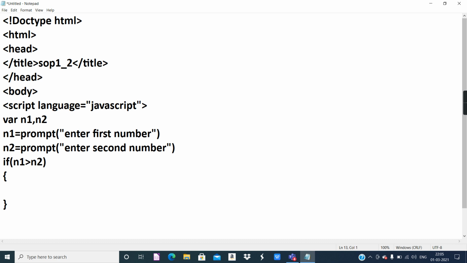If the condition is true, the true part is executed. If the condition is not true, it jumps to the false part and executes it. So first of all, the condition is checked. What is our condition? Our condition is if the value of n1 is greater than n2, in that case, the statement should be displayed using